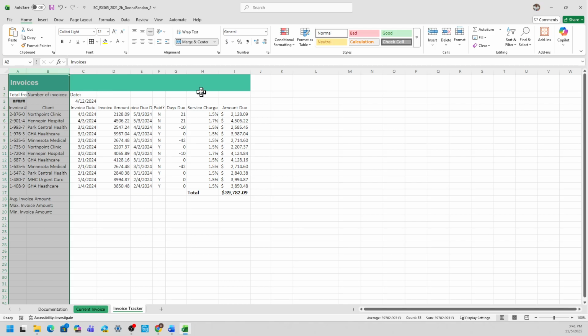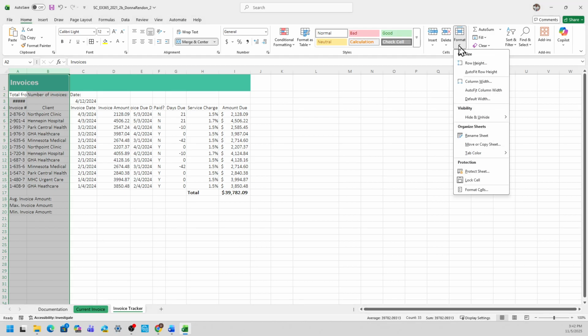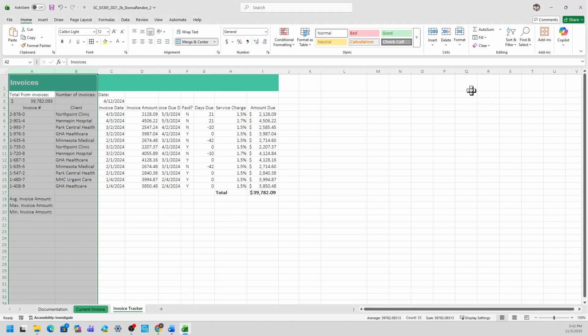I'm going to show you the easiest way is Home tab. Select Home tab and go to the nearly the right of the ribbons, and under Cells group, select Format, and then select the auto-fit column width in the drop-down menu. Okay, so that is step 6.